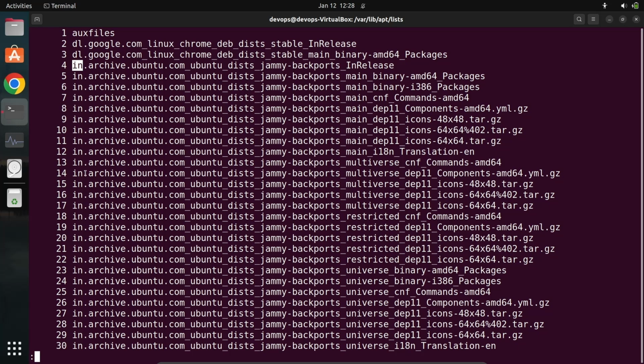So for some packages it is India and some packages it is Delhi. Okay, now in here it is archive.ubuntu.com, Ubuntu dist Jammy. So in here we are till here. Okay, we are till here,